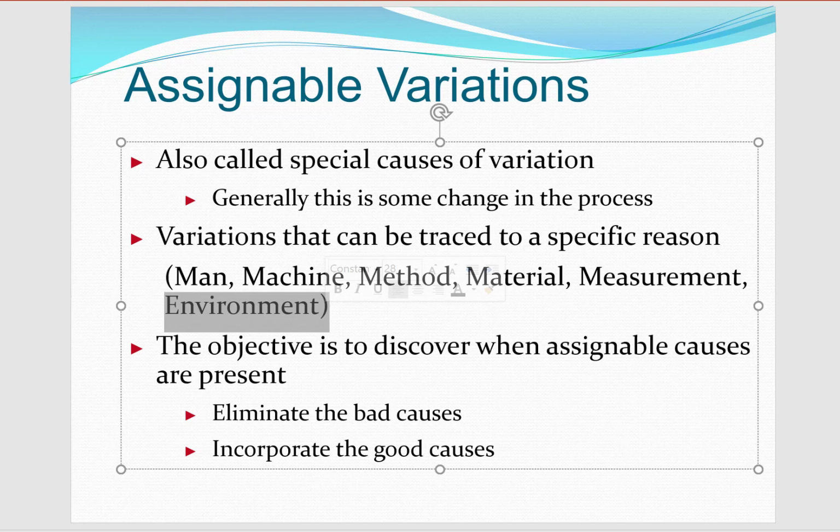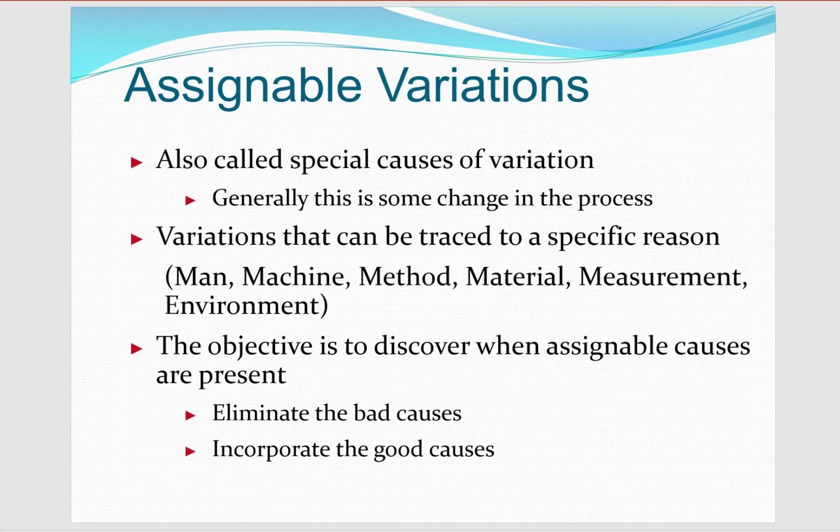The objective is to discover these assignable causes of variation, or special causes of variation, and remove them. Eliminate the bad ones and incorporate good ones, because assignable causes aren't always bad. Sometimes they could be good for the process. So